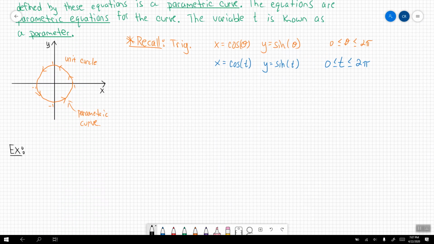That way we can start illustrating what kind of curves we actually get to see. So here goes the first curve. We want to sketch the curve defined by the parametric equation